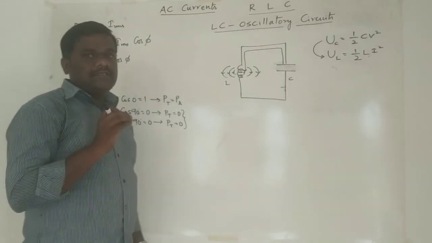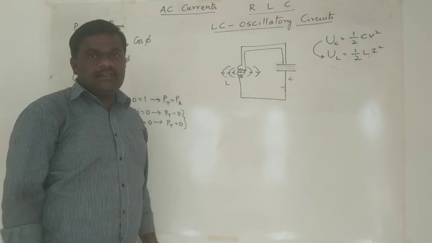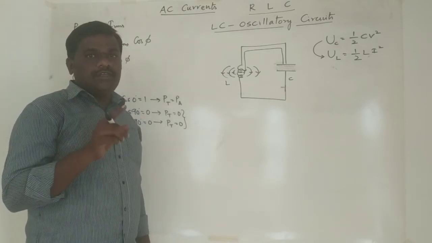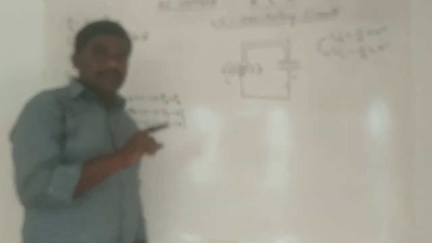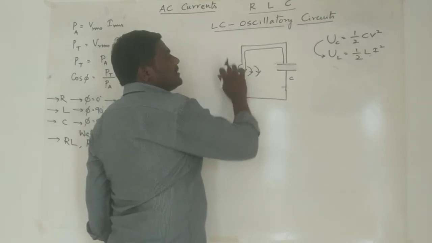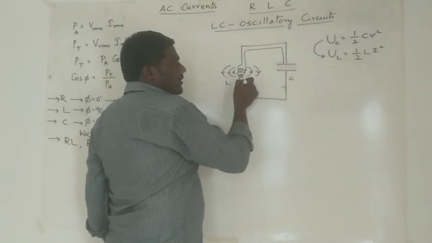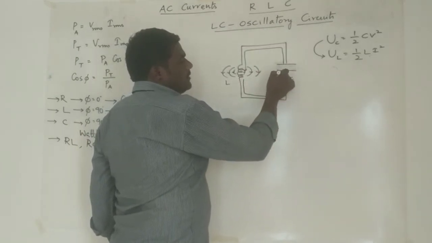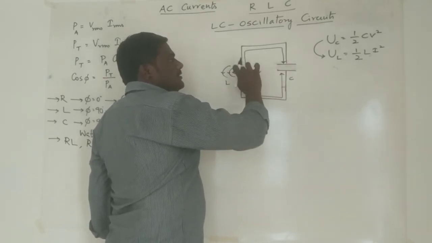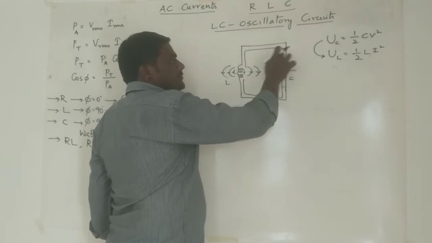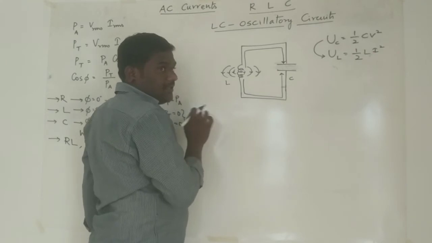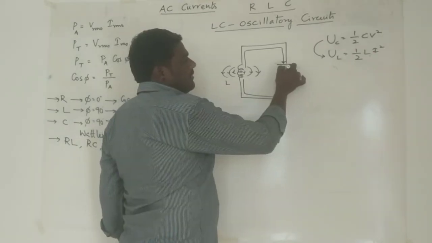But as the magnetic flux varies across an inductor, it produces an induced EMF, and that induced EMF causes a current in the opposite direction. Hence, if the energy starts moving this way, an induced current will move in this way. So make sure this is the direction where the magnetic energy flows. Because of the changing magnetic flux linked with the coil, it will charge the capacitor